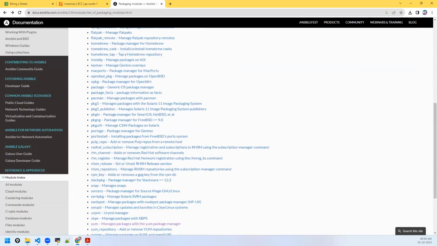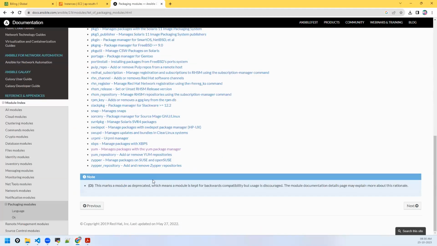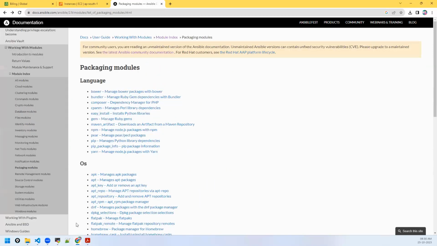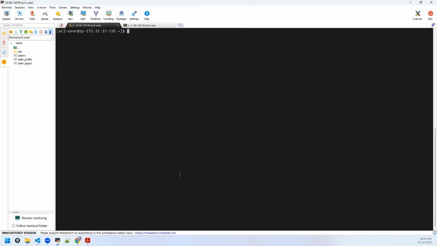Any questions? How you have to use modules? And also there are thousands of modules. You don't need to learn all of them. Through practice, through experience, you'll be using the majority of the modules. In this course also we'll be using so many modules. Till now we have used the command module, user module, yum module, service module, and so on, right? We'll be using many modules related to Docker as well. So almost all the generally more widely used modules we'll be using. Any module you have to use the same way.